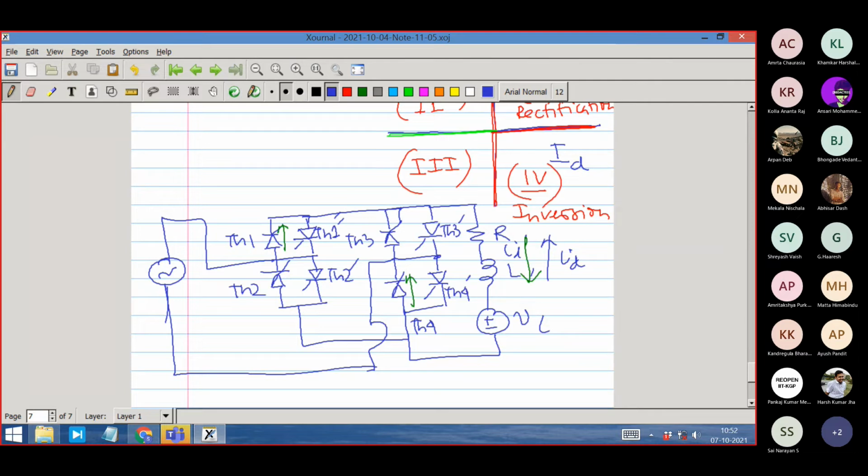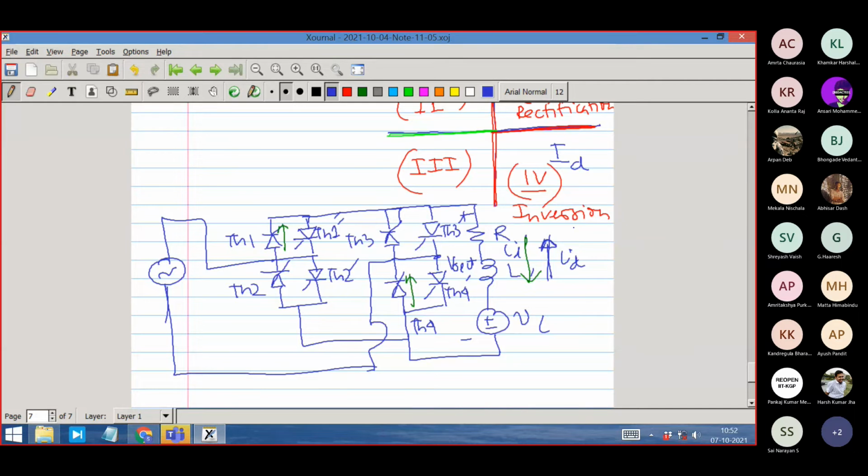I need this. That's what I was describing, and I had shown that it will be having positive current, but the rectifier voltage, that is this voltage Vrect, can have positive and negative values based on the firing angle alpha. Alpha will produce an average negative voltage Vrect or average positive voltage, right? That's what we are seeing. But the current, I cannot have in a different direction. So now I would like to create a situation where this current can be negative as well. This is a 4-quadrant. It has a practical requirement, I will tell you.